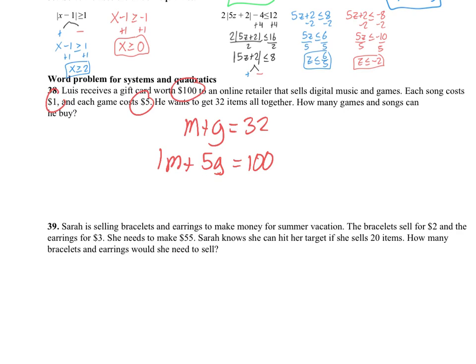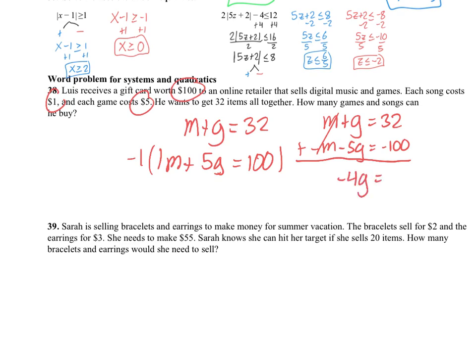Okay, and then you got to solve. So I'm going to multiply this equation times -1 so that I can solve. So I have m plus g equals 32, and then I'm going to have -m minus 5g equals -100. When I add these two equations together, these m's will cancel. I'll have -4g equals, what's that going to be, 68? Yeah, -68. Then I divide by -4. So then my g is going to be,